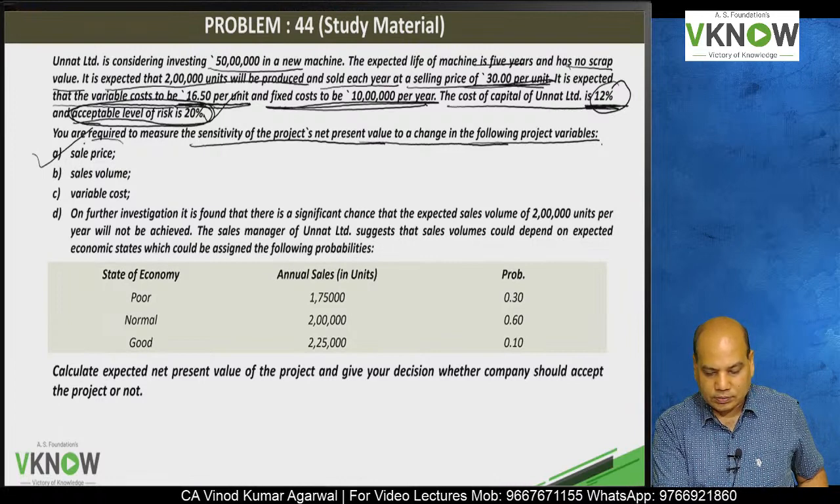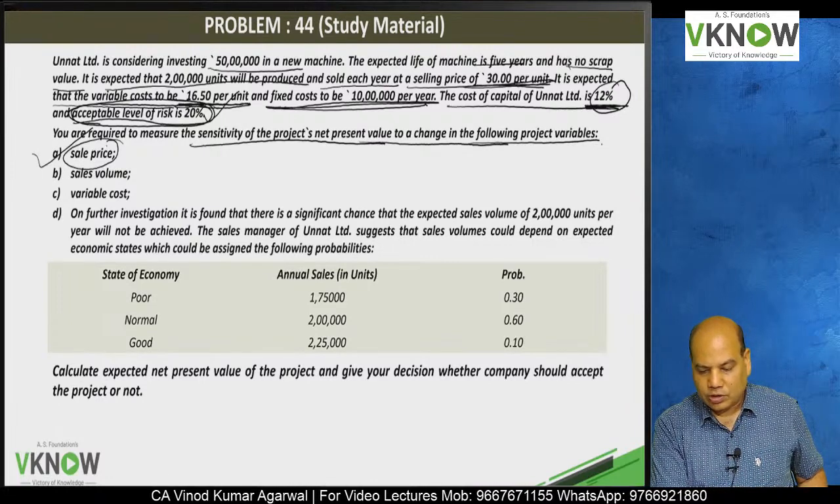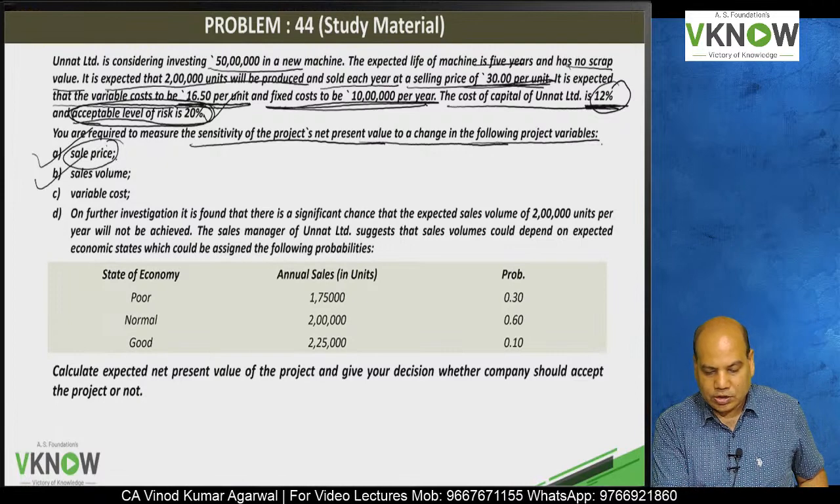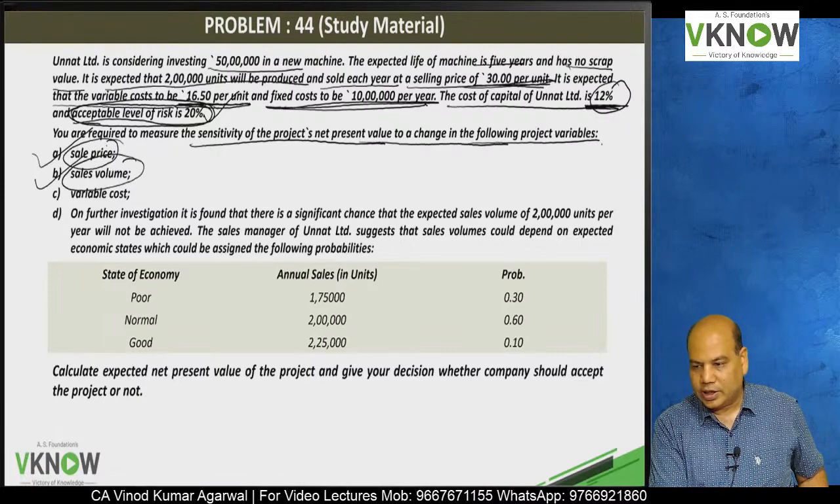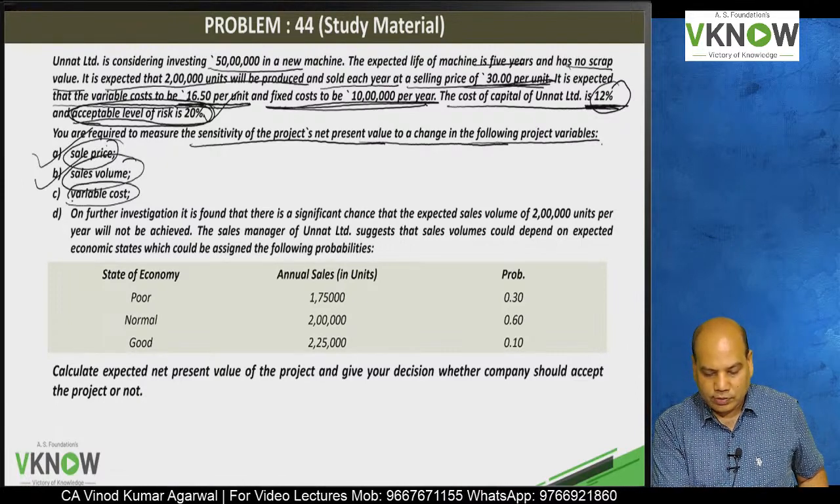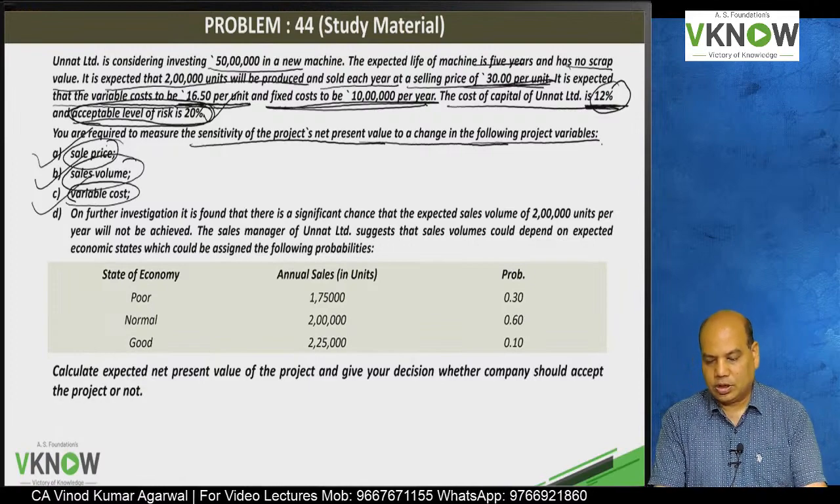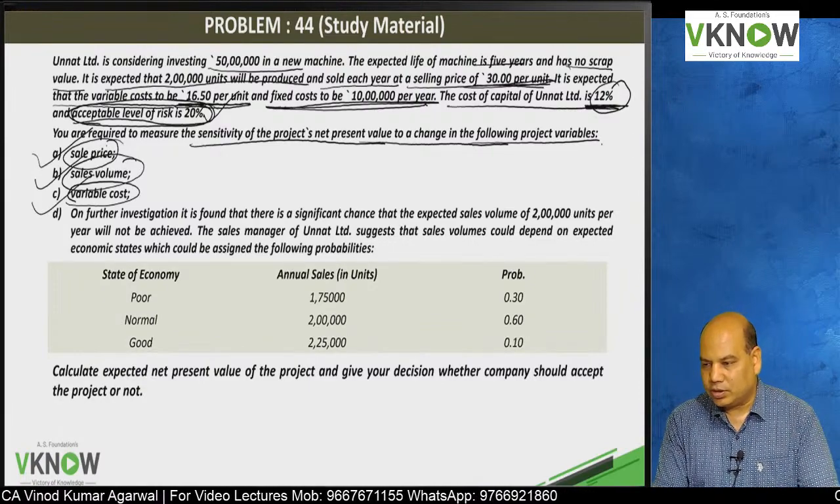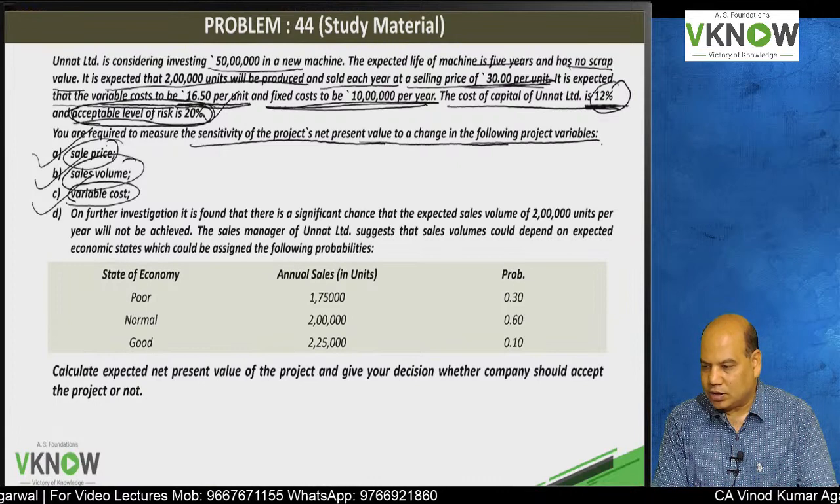Selling price we can solve by solving one equation. Sales volume we can get by solving the equation. Variable cost we can solve by solving one equation. Is it right? On further investigation, it is found that there is a significant chance